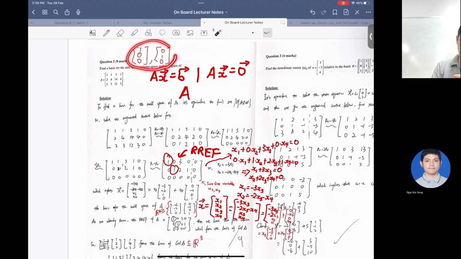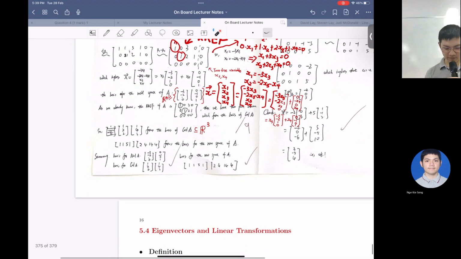But a linear combination of these two will never create these four vectors here. Can you see it? Because the third entry is always zero, so you cannot create non-zero entries in the third entry. Okay, make sense? Some of you still made the mistake,